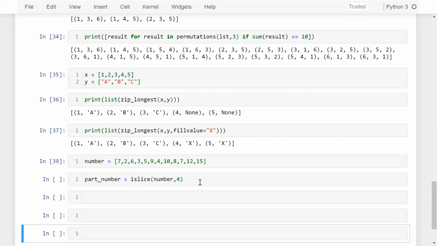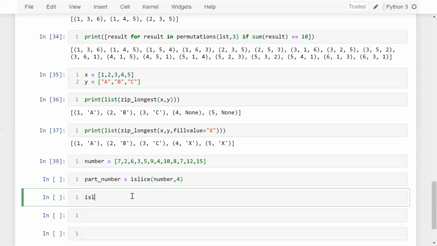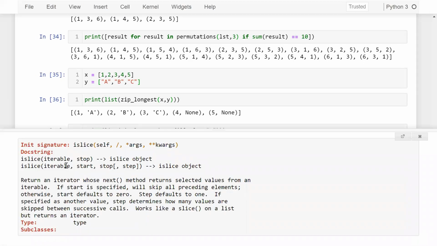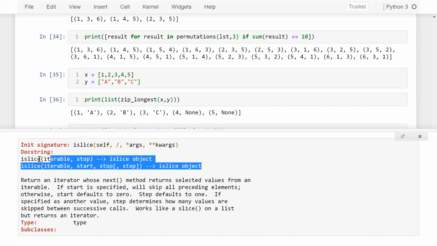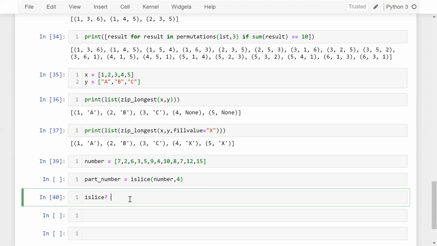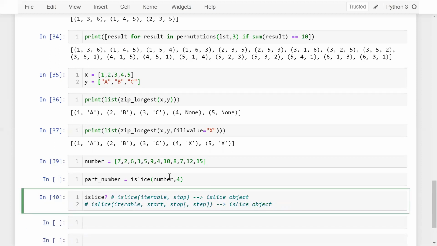Let me show you the IntelliSense of slice. Here we have iterable and stop, or you can pass iterable, start, stop, and step as well. Let me copy this one. Here I'm going to pass only the numbers, which is my iterable, and the stop, which is 4.